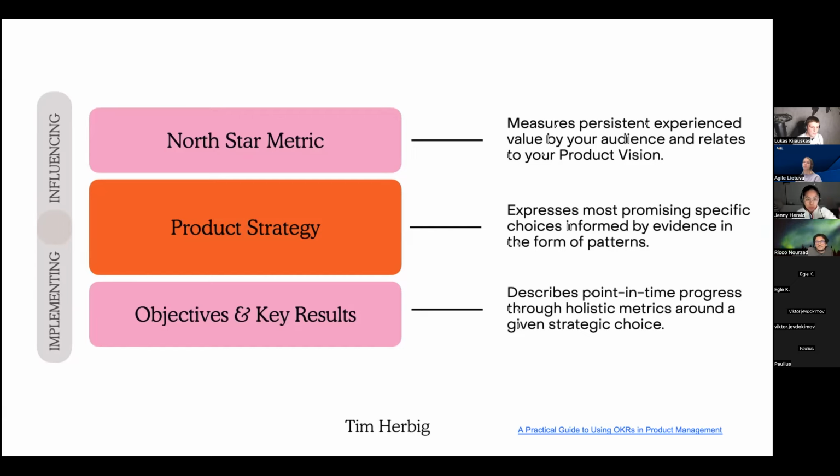These are choices that we are making that say that we are going to create margin-enhancing, differentiated experiences in service of our customer. And then the objectives and key results are these point-in-time holistic metrics that tell us that we are moving in the right direction, that the strategy, the decisions and choices that we have made strategically are actually feasible in service of our overall mission, vision, and our value set, right?